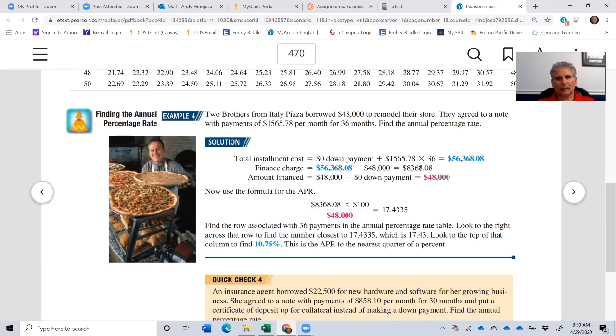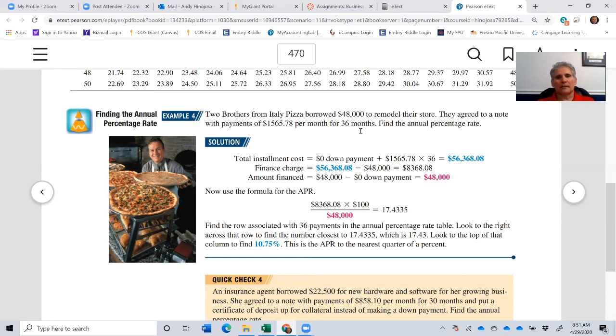Finance charge 8,368.08 times 100 divided by the amount financed. The amount financed was 48,000. 8,368.08 multiplied by 100 divided by 48,000. If you run that number, you'll come up with